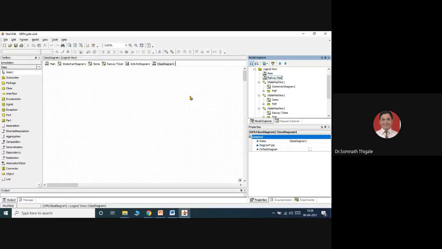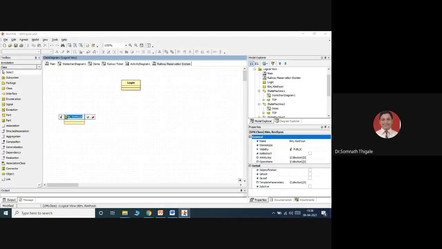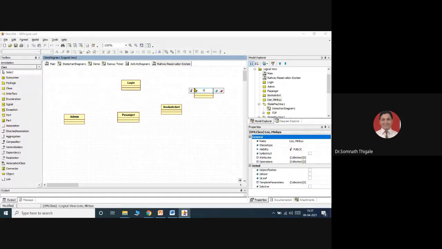railway reservation system. How many classes? The common class first will be login. Second, admin. Third class that I will add is passenger. And then next is book ticket. Next, there's a payment while performing.